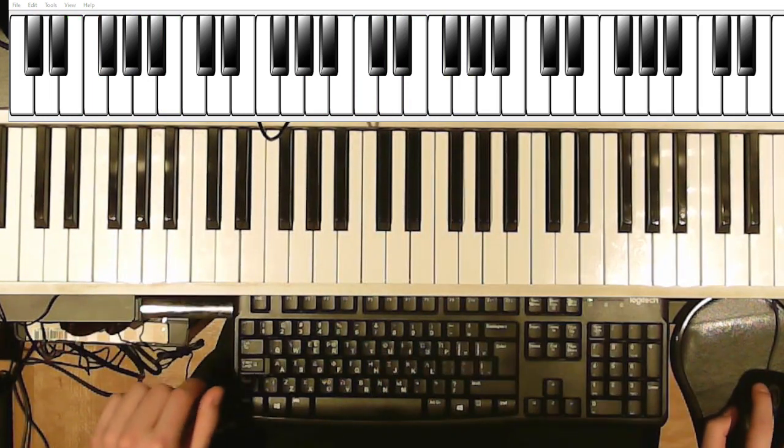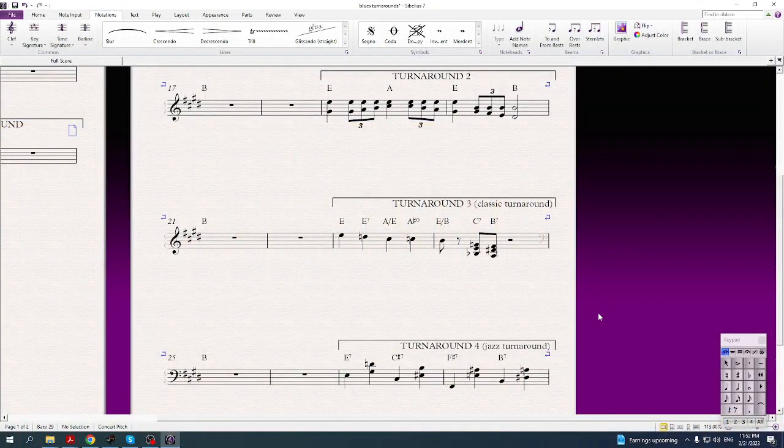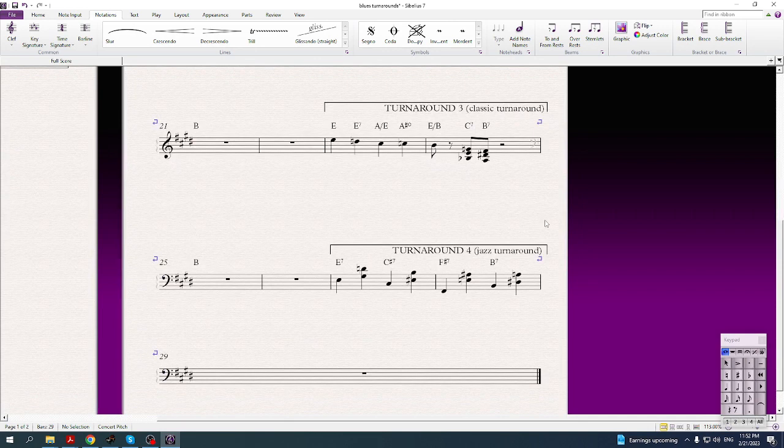All right. The last example might not be the best thing to do in certain settings, but in a jazz blues it's totally appropriate. It's the jazz turnaround, and that's kind of an intro to the jazz blues, which we'll talk about in another time. But what's essentially happening is we just have a more complicated chord progression, where we go from the